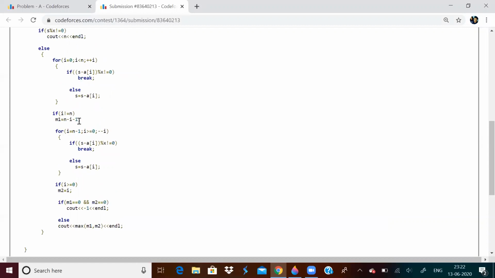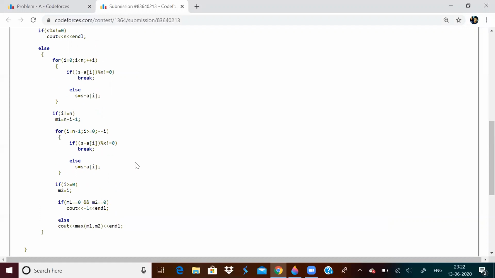So basically these indexes, when you equate, what I'm trying to say is, not equate the index, you find the length. How to find the length? Like this. N minus I minus 1 will be the length when you traverse from left to right.